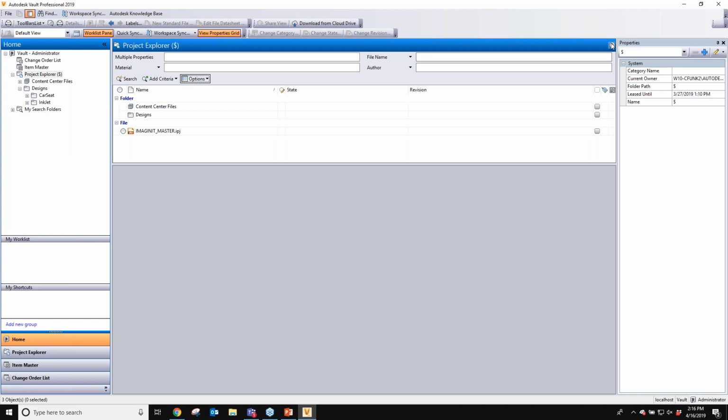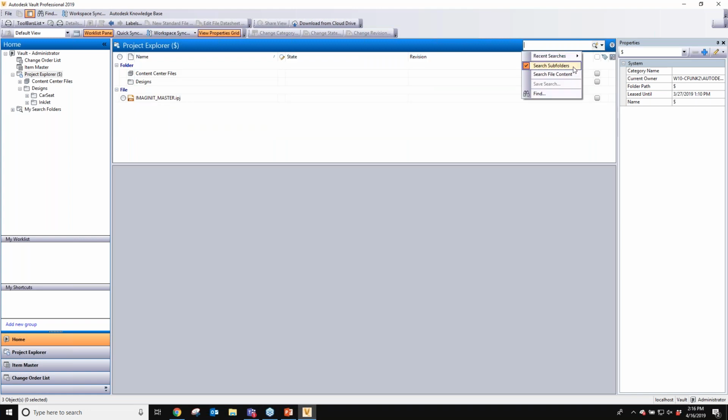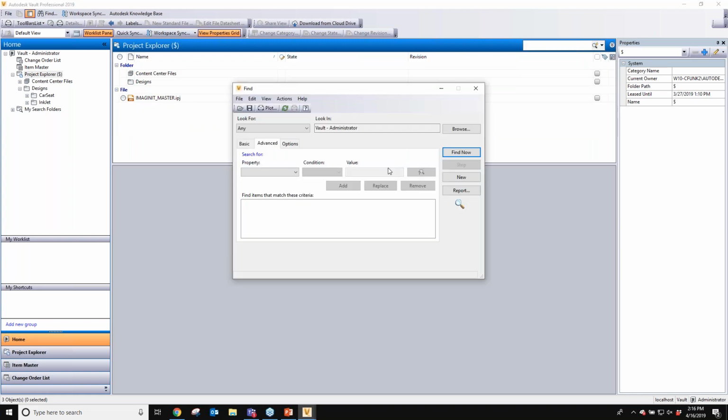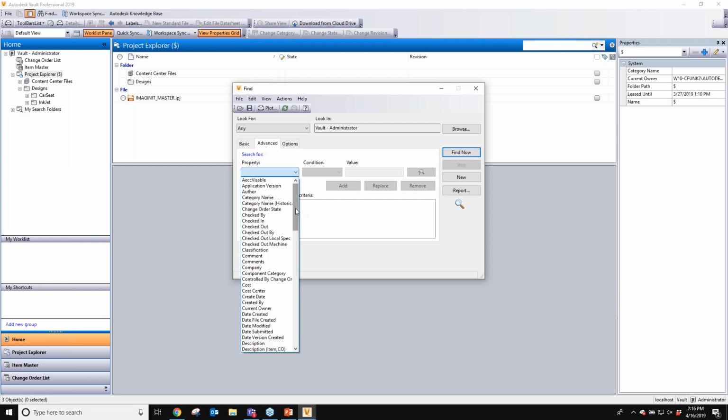to go over here to my find. This is my advanced search. And Control F will bring that up. There's a couple different ways that we can just pop to that and bring that up. I'll go ahead and bring it up here, and I'll say I'm going to go with material. So I'm just going to do that search for steel like I did a moment ago,